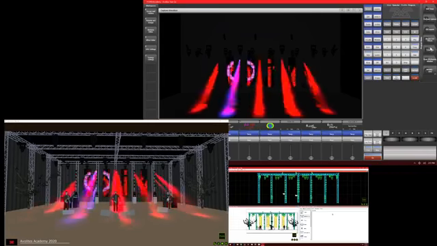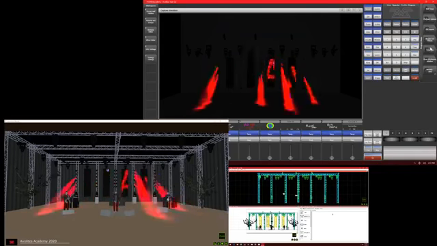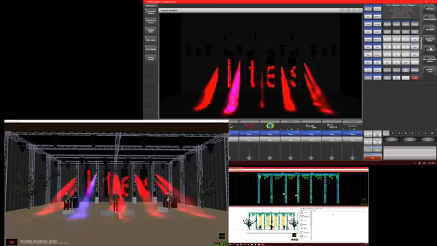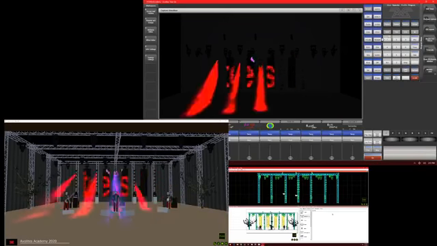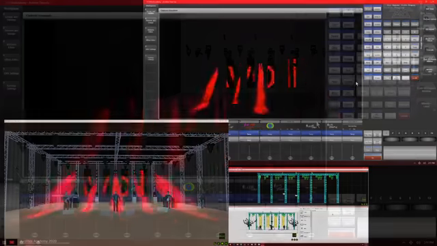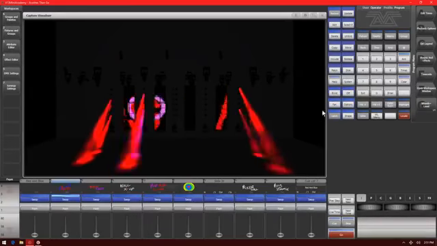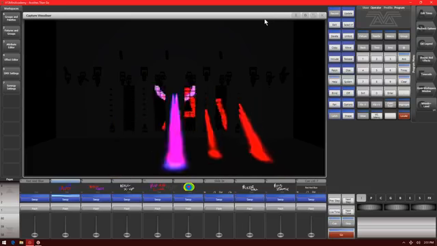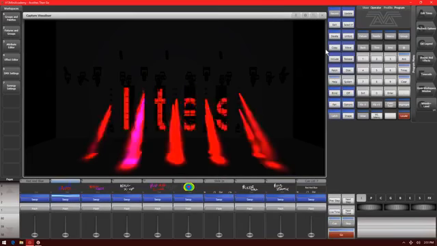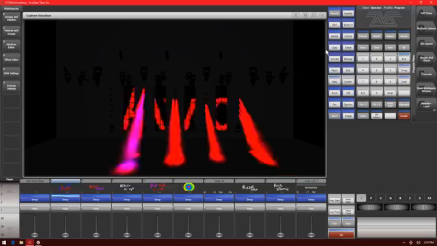Robert, how do I move the internal visualizer on Titan Mobile to a second screen? Just like you do with any window in Titan. Unfortunately, I don't have two screens hooked up to my Titan Mobile right now. But if we had our visualizer window selected like we do here, so it's got the silver bar and not the gray bar, if we go to the